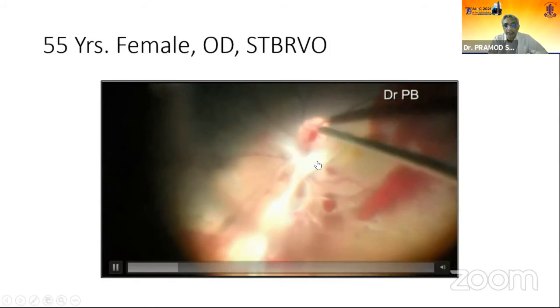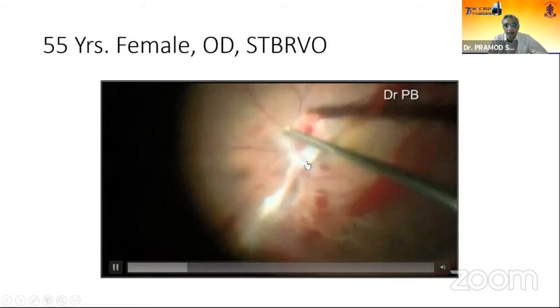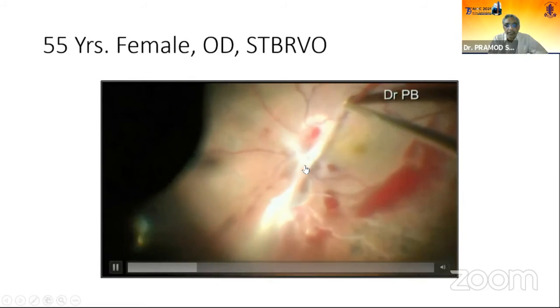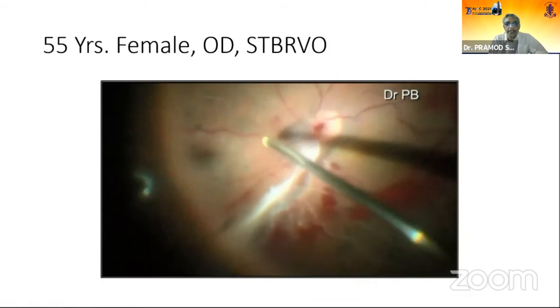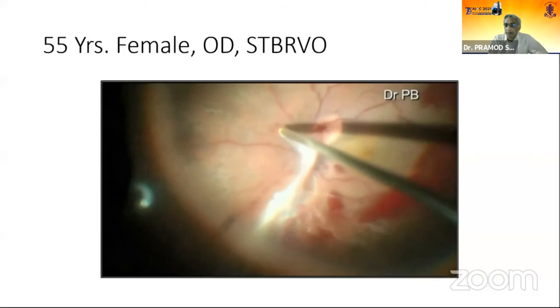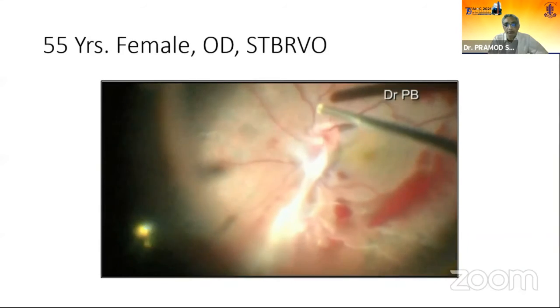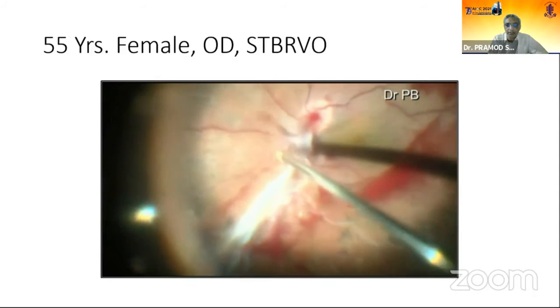And then you go on peeling the membrane over the macular area. Subsequently, I could peel that from the disc. Generally, you start at the disc and go towards the periphery because this acts as a fulcrum here. And the best way to deal with these eyes, particularly when you do membrane peeling, is bimanual dissection. I think most of us are very comfortable with it now.